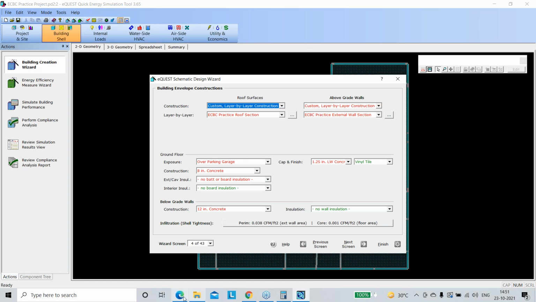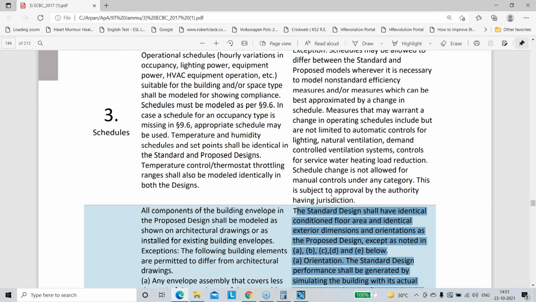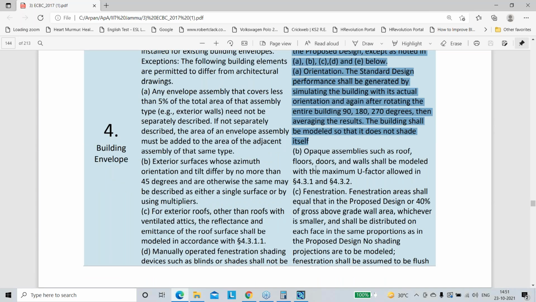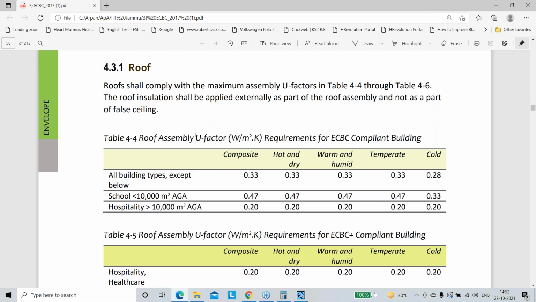Now in the building envelope, if you see what this says, there is a section of building envelope. Here it says that opaque assemblies such as roof, floor, door, wall shall be modeled with a maximum U factor allowed in section 4.3.1 and 4.3.2. So if we go to 4.3.1, if you remember, if we are simulating this for any location in Kerala, it will be coming as